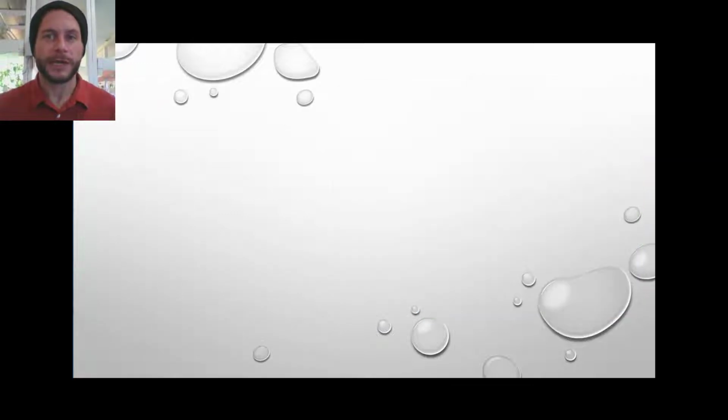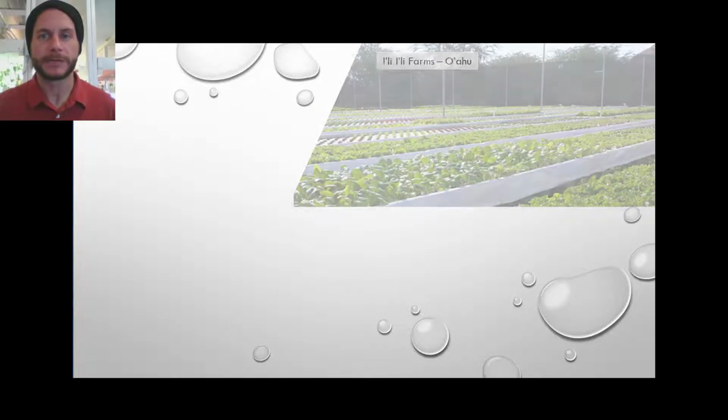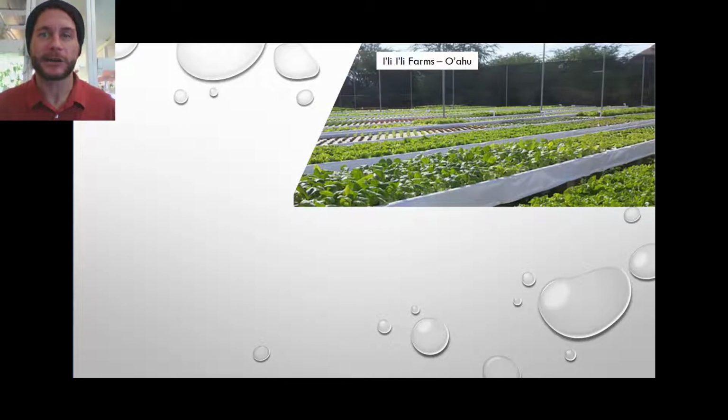Before we jump into the different types of applications, let's go back over some of the systems we've seen and touch on the types of techniques that those systems are using. We saw Ili Ili Farms on Oahu. They are using the hydroponic technique known as deep water culture to produce all of their food on about 2 acres. And they also use an in-ground pond, taking advantage of the recirculating aquaculture aspect that we learned about in